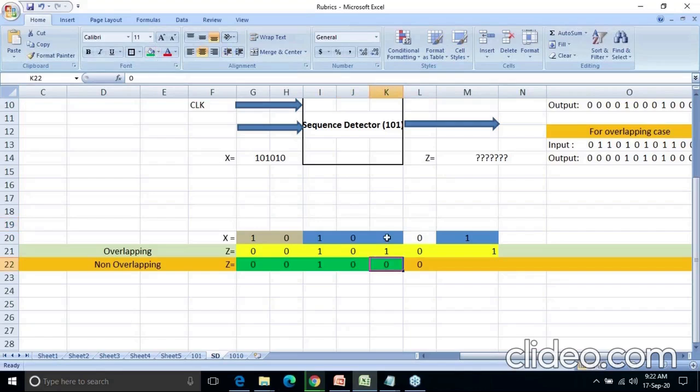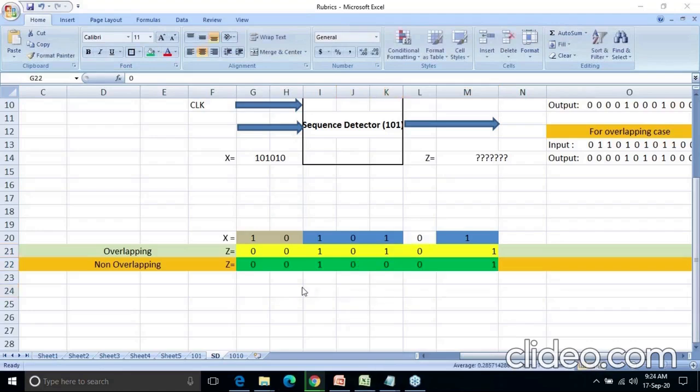So here 0 1. Now this can be my first bit because it is starting with 101. Now this is 0, there is no meaning, but now I can get 1 0 1. So at this moment I can say my sequence will get detected, so I will be writing 1 over here, and here it will be 0 only. Okay, so have you got this green line for the non-overlapping case? Why we got 1 and 0s, and why we have not got this 1 over here?